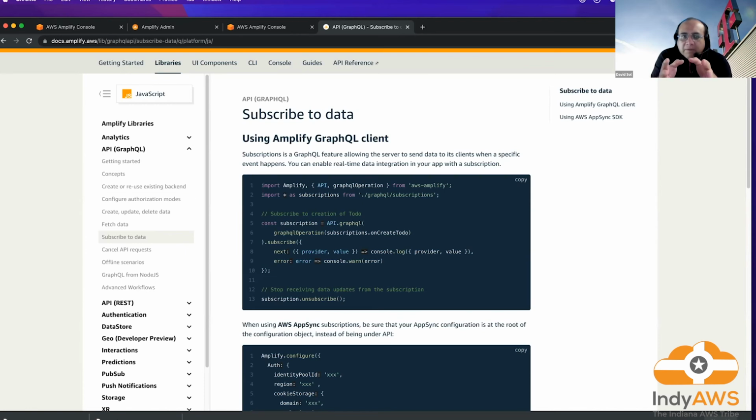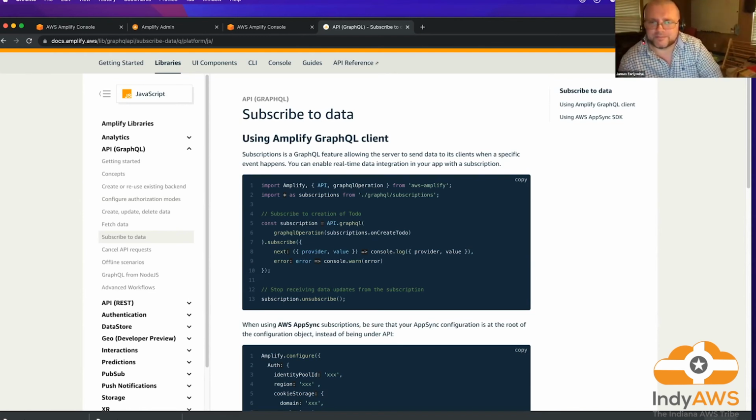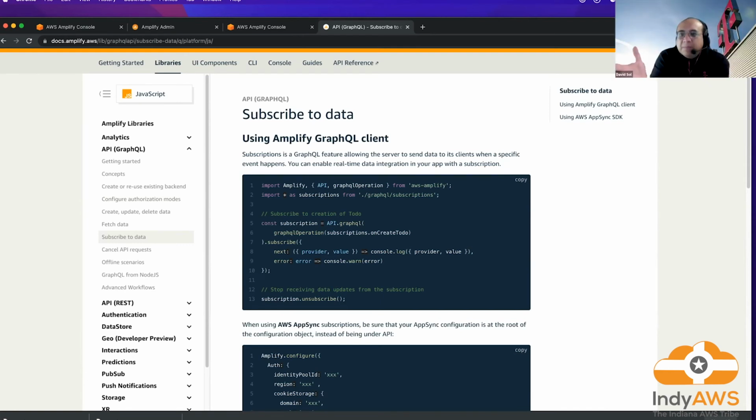As you say, Amplify is not really a different service. It's a high-level grouping of a lot of services that already exist. But you are using the same services. They are not different ones. Well, and it automatically delivers these models to you and helps you build your client code. Yeah, that totally makes sense.